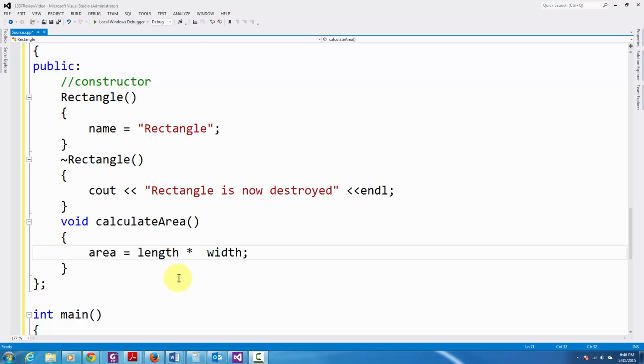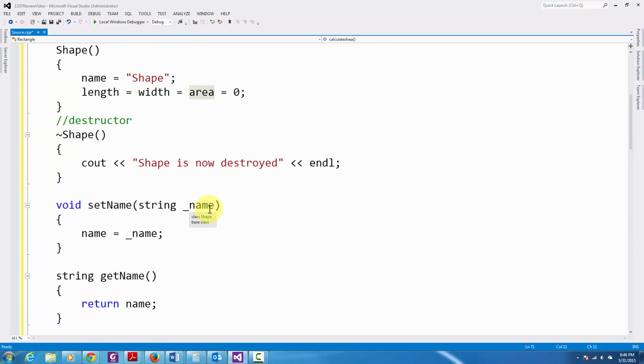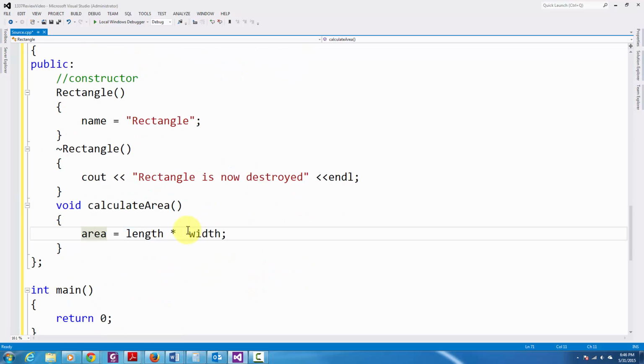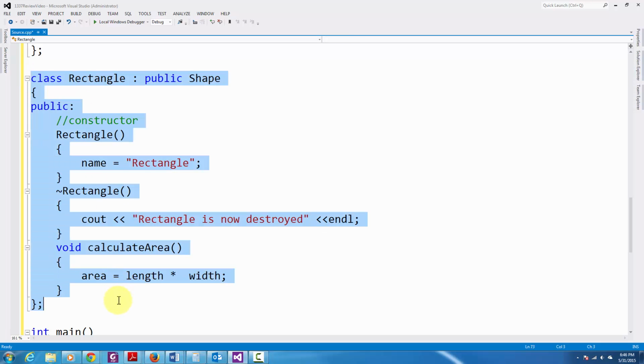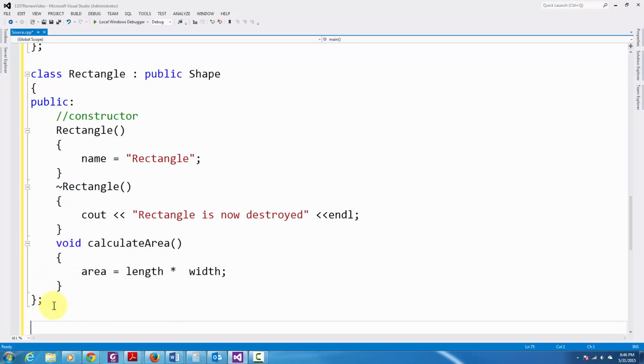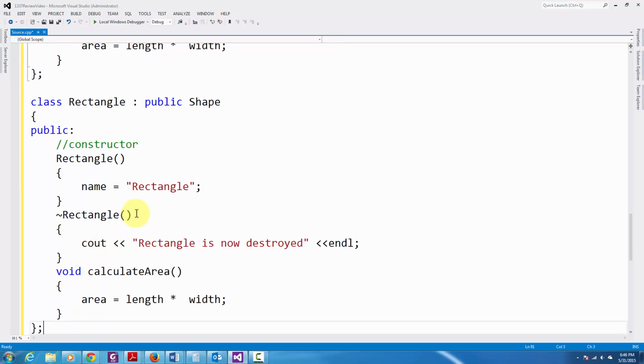Okay, so without inheritance, we would have had to define length and width and area all over again, right? But since those are given to us by shape, we don't need to declare them again, right? They're already inherited. So that means we can derive other classes from shape, right? So let's say I get this here, I copy it, paste that there,